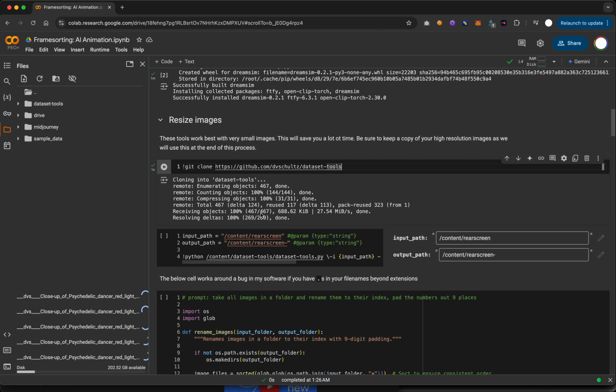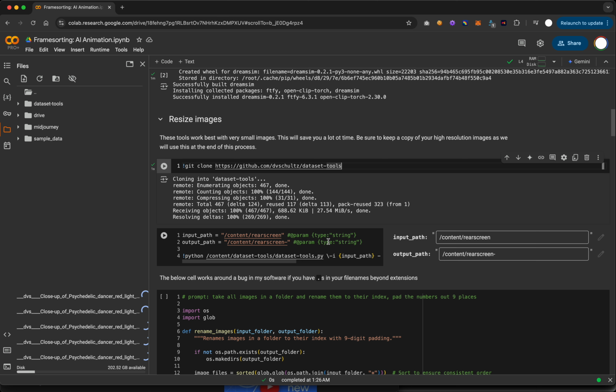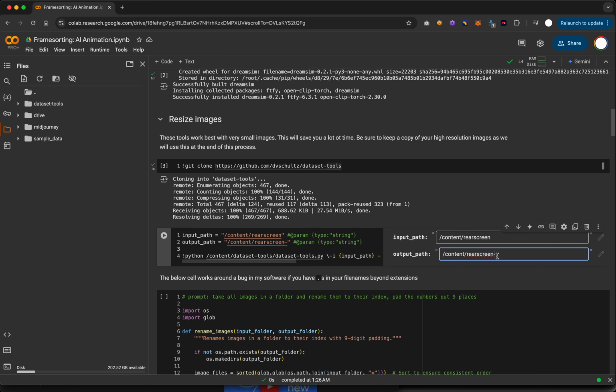So what we can do here is this next cell is actually going to do some of our resizing. And all we want to do is point it to our input folder and then give it an output folder name. And I usually just add a dash to the end of my folder name because this library will auto add the dimensions to the end of it. That way I'll know that that's my downsized version. So we're going to go over here, right click on the Midjourney folder and hit copy path. We're going to paste this in, and then paste it again, and I'm just going to leave that dash at the end. Now we can run this cell,